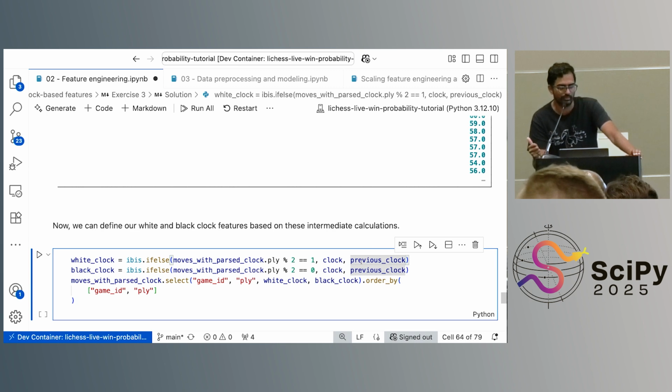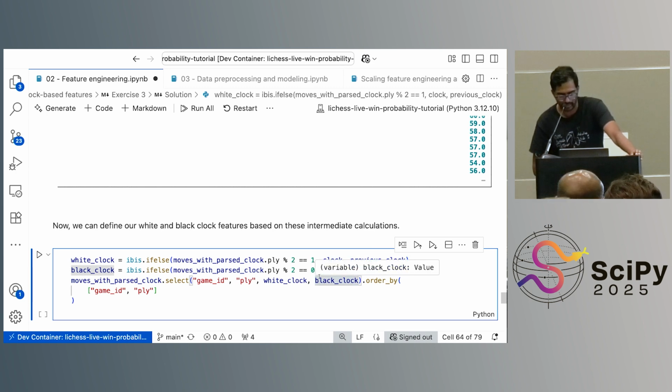Since the first move is made by white, and the third ply is made by white, on all of these odd numbers, we will see that the clock column represents white time. On the other ones, the previous clock is black's time. And it's flipped. On even ply, clock is going to be black's time, and previous clock is going to be white's time. Based on this, we can go ahead and